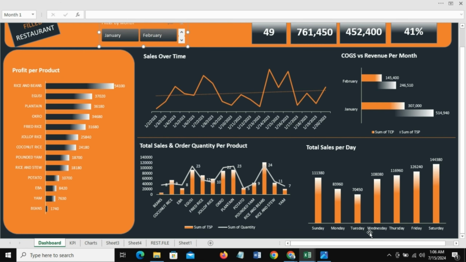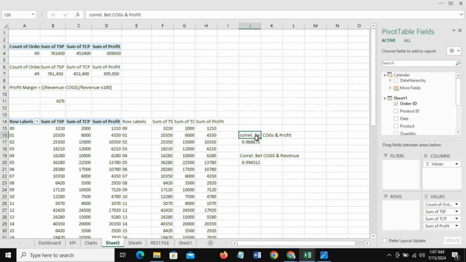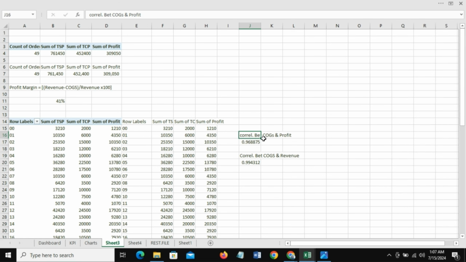If you check total sales per day, you can see they make more sales on Friday, Saturday, and Sundays alongside Thursday. But Monday, Tuesday, and Wednesday they make fewer sales, maybe because people go to work. This is a restaurant. Okay, so finally I'm just going to bring in the correlation between cost of goods and profits, and the correlation between cost of goods and revenue. So I'm going to copy this,